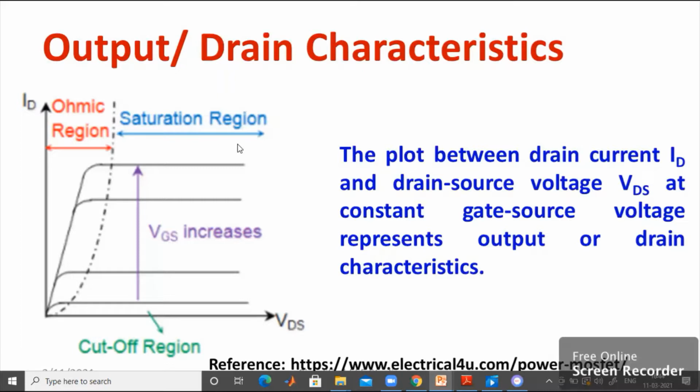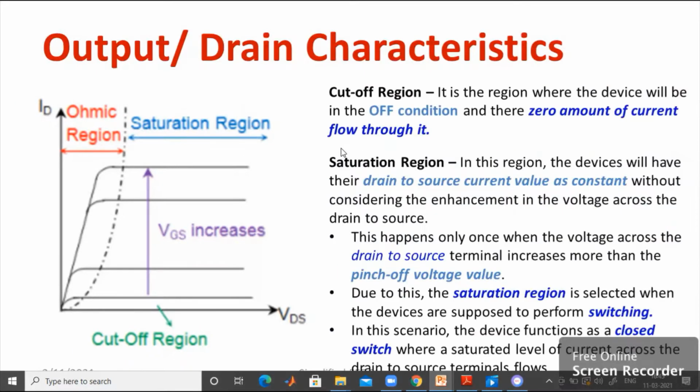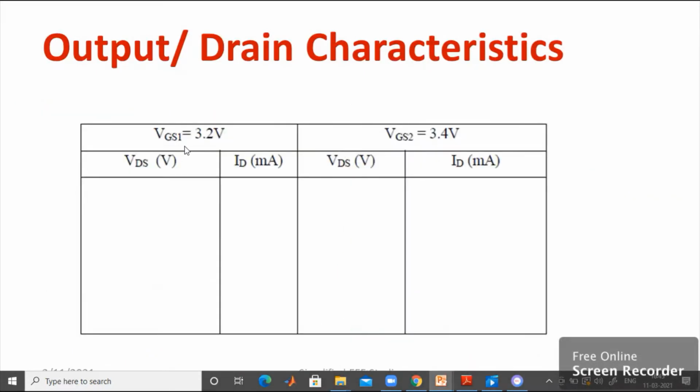There are three regions which I mentioned in the last session: cutoff region, ohmic region, and saturation region. Actually, the VGS value will be kept constant. For the first set, you keep VGS1 equal to 3.2 volt. Then you vary VDS and, in parallel, measure ID. That is exactly what happens here. Then another set of readings with VGS2, say 3.4 volt,